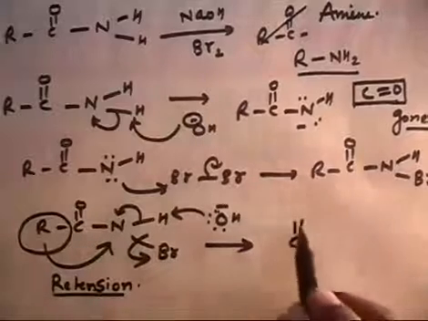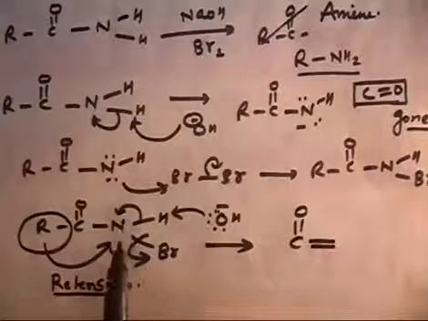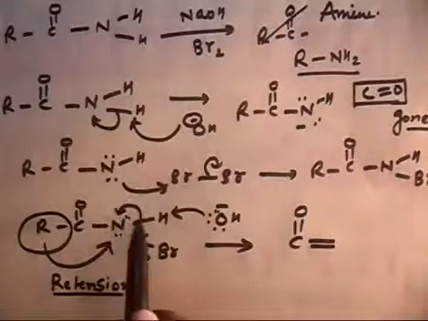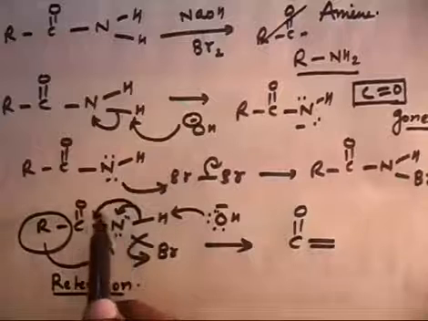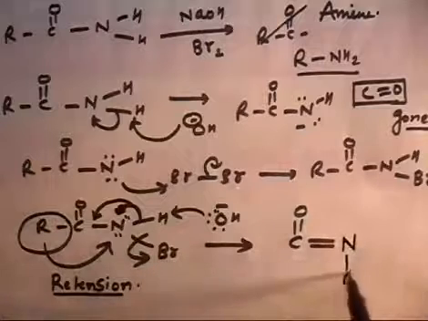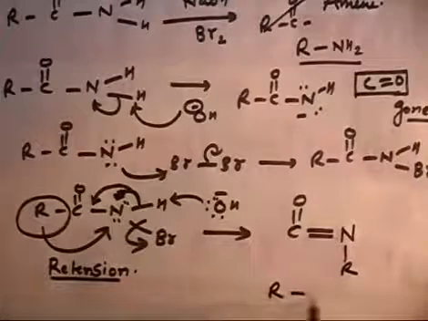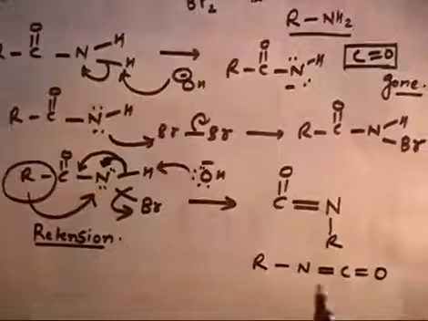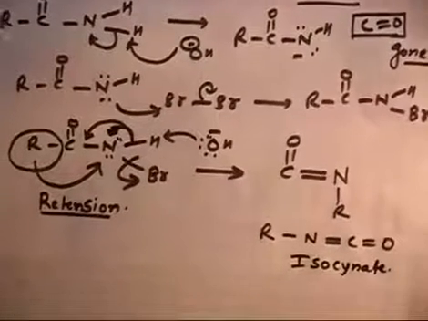So you will have a CO double bond here, because you have two lone pairs here. This will not come as a lone pair, this will come as a bond. So this bond I can break something like this if you have any confusion. So you will have RN, and R will come here, so you get RNCO. Are you getting it or not? So you will have the final product R-N double bond CO. This is called isocyanate. And now in the next step, what happens?